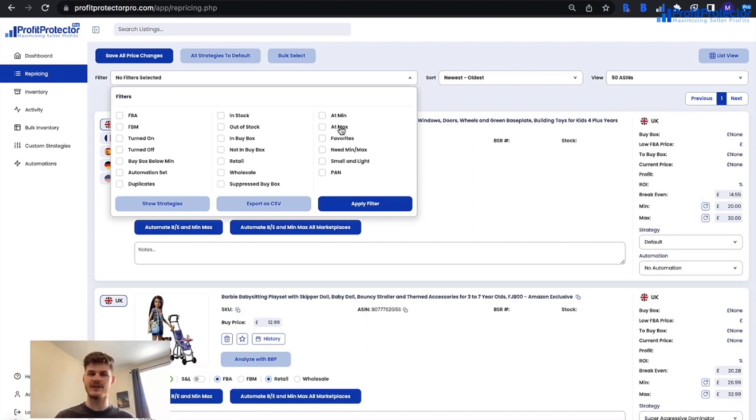If you have any items that do have a suppressed buy box, you can also select this option. It might not be you that's caused it, but just in case, you can tick this and it will show you all of the items that have a suppressed buy box and you can readjust if necessary. You can also see the items that have the buy box below your minimum price, and then you can choose if you need to readjust the minimum prices in order to compensate for that and put the buy box back within range. That way Profit Protector Pro can compete for it, hopefully win it and make you sales and therefore